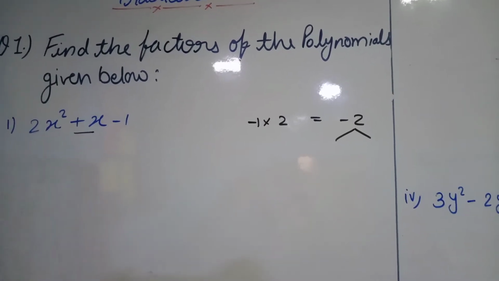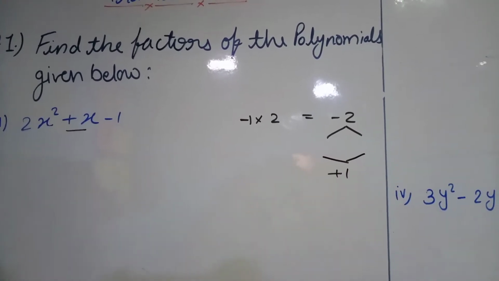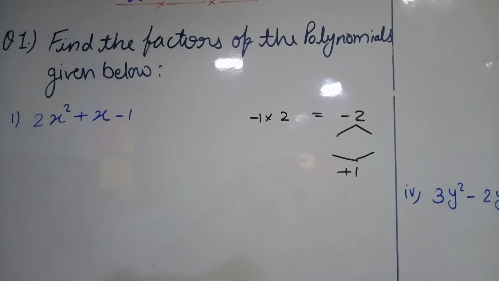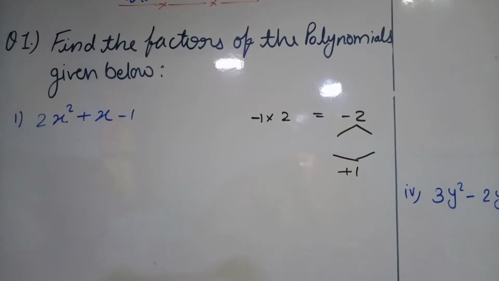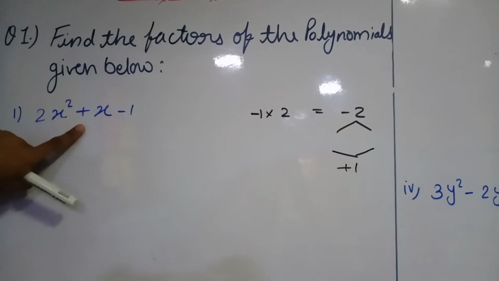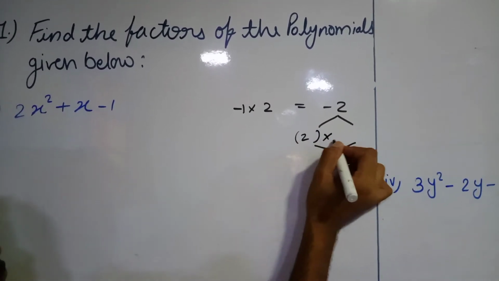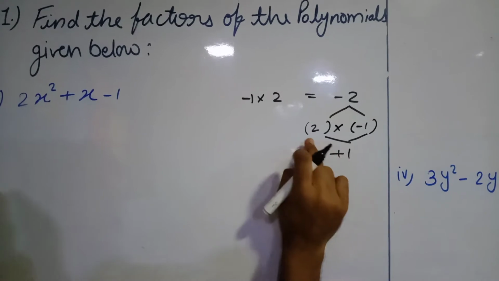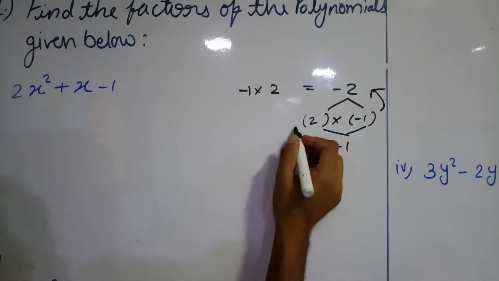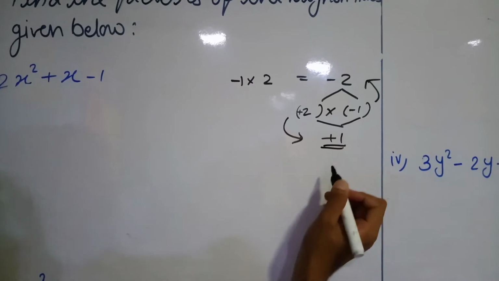Here we have x, that means 1, means plus 1 we need after the factorization. If the last one is minus, meaning the c part is minus, then one factor is minus and one is plus, we learned that. And which one is positive and which one negative, how are we going to decide? Regarding b, here we have plus, means the bigger one is plus, so we can write 2 into minus 1. Yes, 2 into minus 1, if we reverse, we get minus 2. And if we solve plus 2 minus 1, we get the answer plus 1.